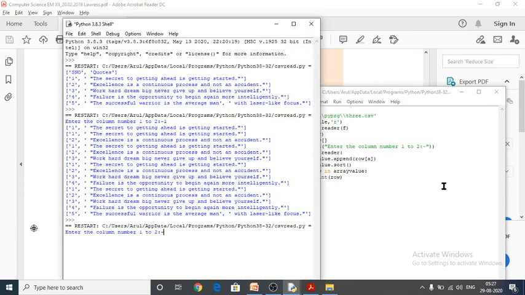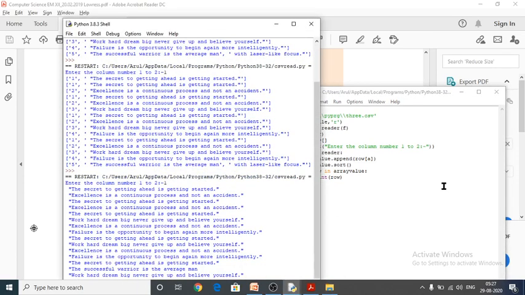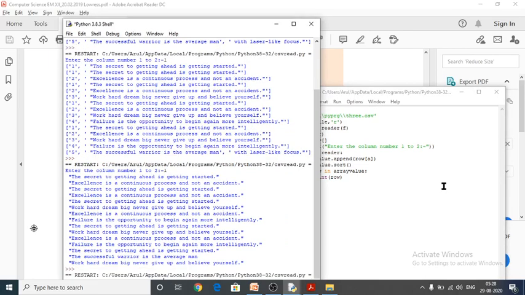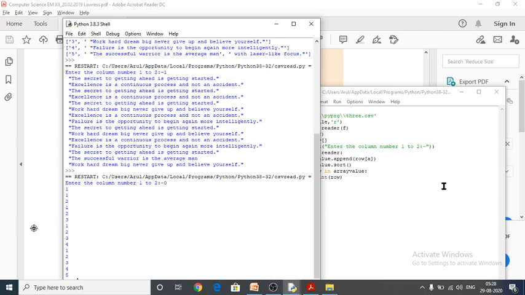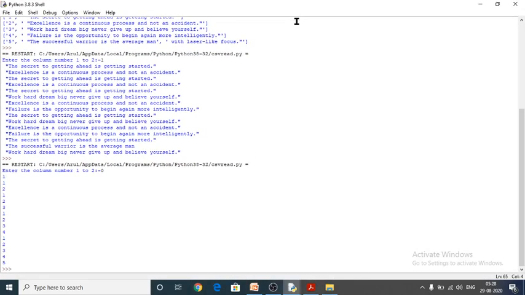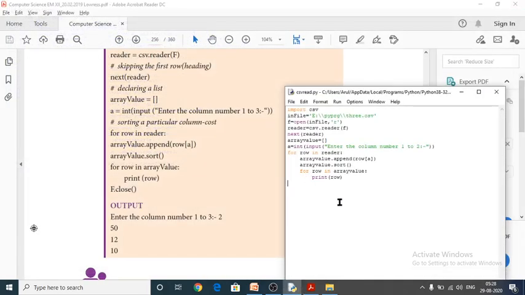Again run your program, give one, yes, but it should be repeated. Again run your program, F5, 0 1 1 2 1 2 3 1 2 3 1 2 3 4 like this. So it should be sorted like this. First column, first value should start 1 1 1 1 2 1 2 3 1 2 3 4 1 2 3 4 5 like this. It should be sorted into the list.